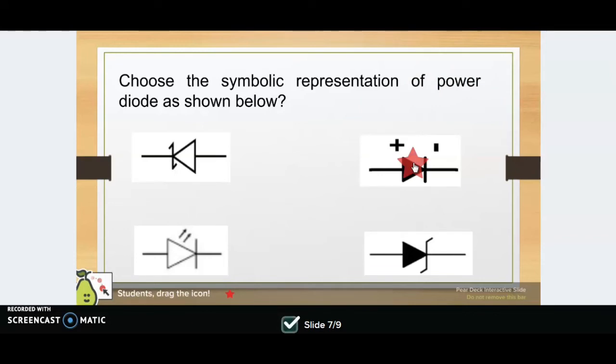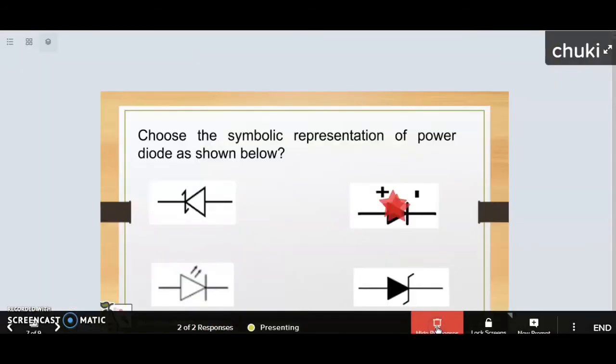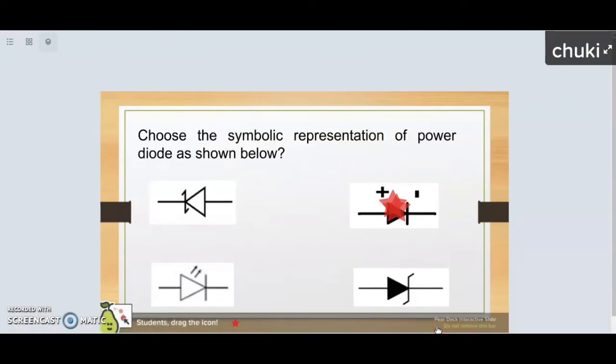In mobile also I can drag, so that I will find out the instructor responses, whether the instructor receives all the responses or not. I just find two responses received, so the students answered this question. So I find out the show response. Here the show response will be initial or live virtual responses.